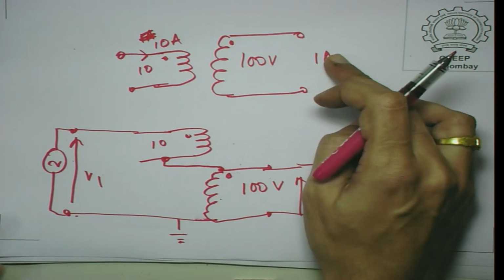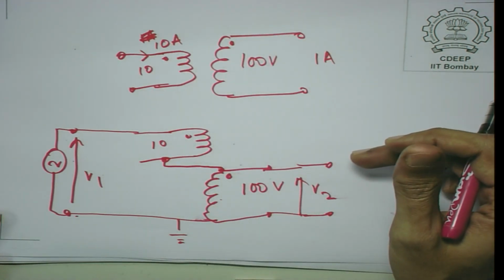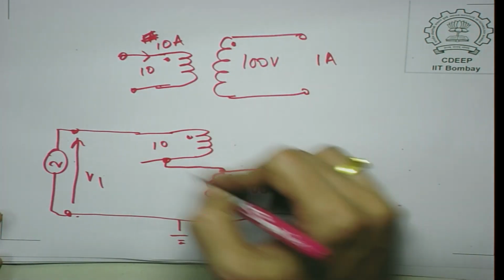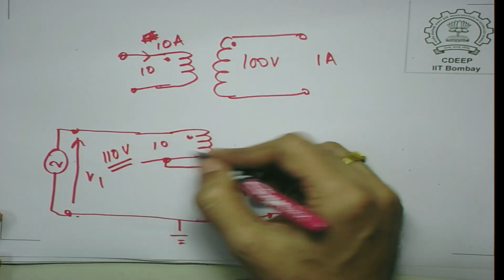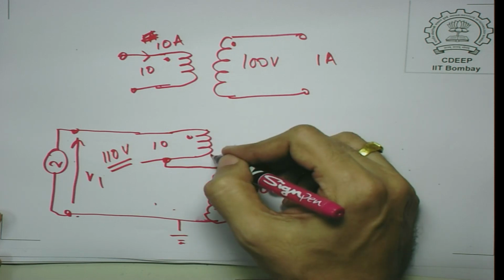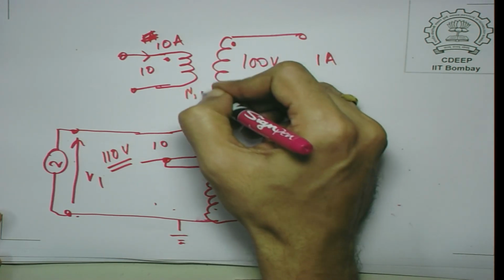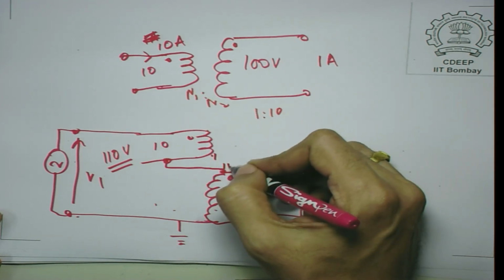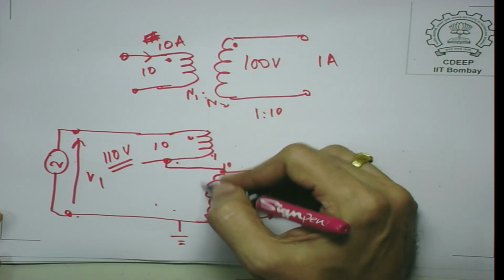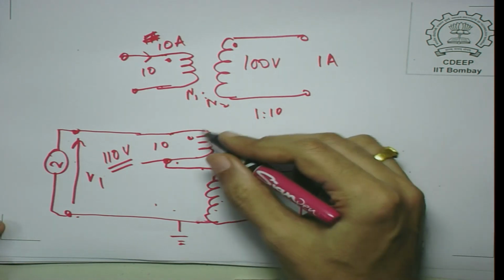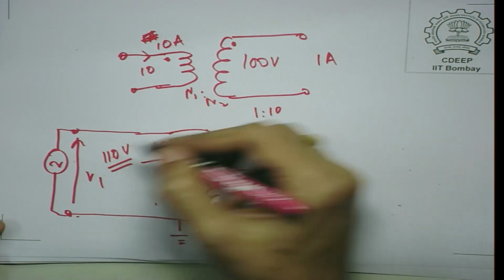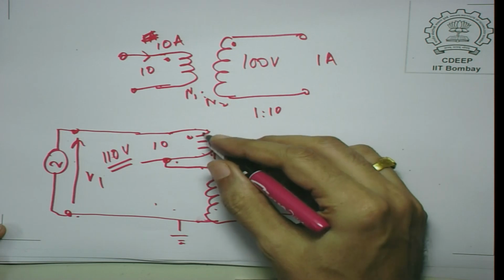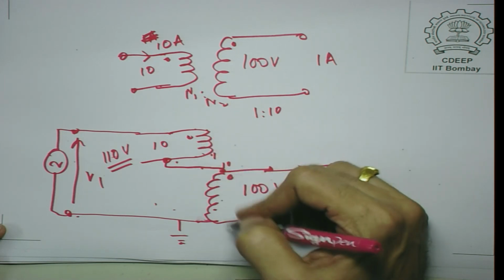So if the rating is 1 ampere here and it is 10 ampere here, it is interesting to see that using this transformer you can actually apply 110 volts. This N1 is to N2 here is 1 is to 10. So if this is 1, this is 10. Okay. So what you will have is 10 volts will appear here and 100 volts will appear here. Okay. So you are not exceeding any rating, 110 volts is applied here, and I have just reconnected this transformer in this fashion, and you will find that 110 volts can be applied to this reconnected transformer,